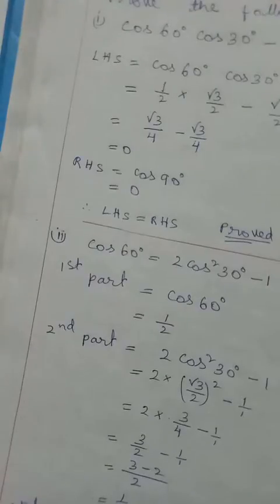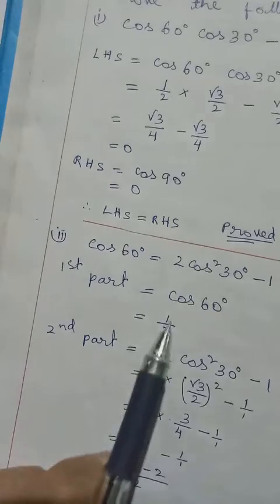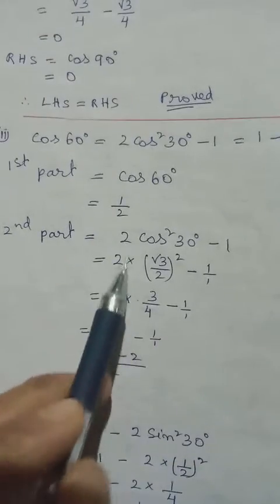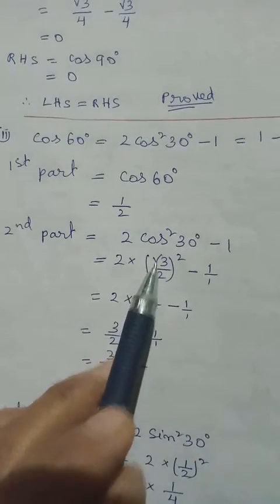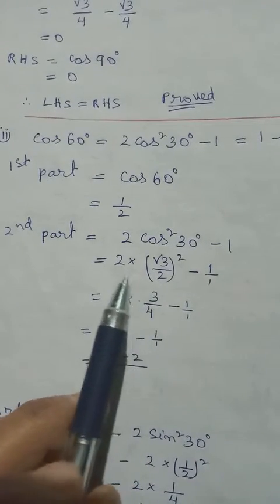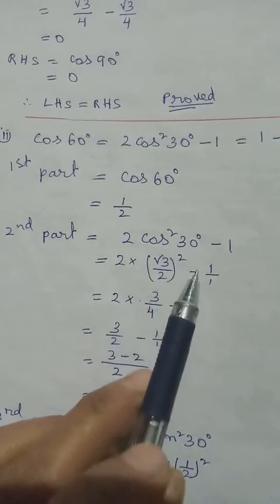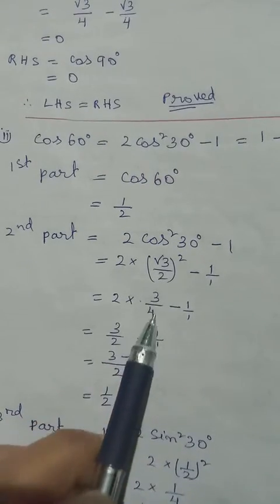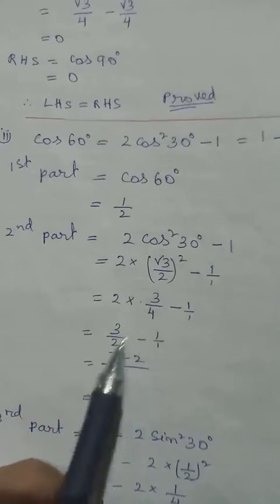Then here we have 3 parts. Okay, let's separate them. Cos 60 we know 1 by 2. We cannot do anything, let it be there. Then 2 from the table. Cos 30 will be root 3 by 2. By now I hope you know how to find it. Minus 1. So root 3 into root 3 will be 3. 2 into 2, 4. Here we have multiply, we can divide.